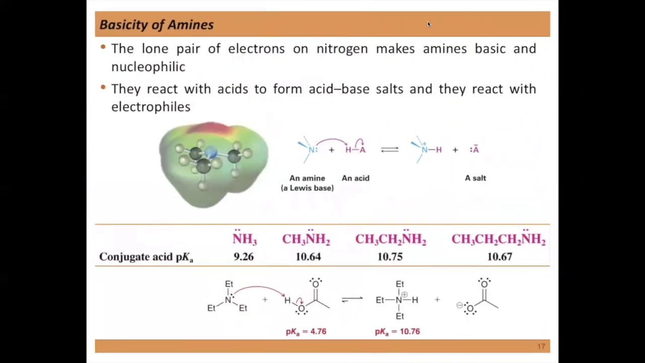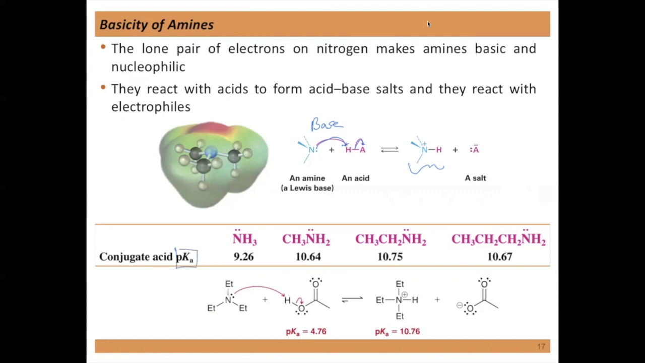Okay, we're going to cover the basicity of amines, and then we'll call it a lecture. Amines have lone pairs, and so they can act as bases or nucleophiles. In the presence of an acid, those electrons tend to donate and pull a proton off and end up with a salt. When we want to look at the basicity of a molecule, it's often easier to look at